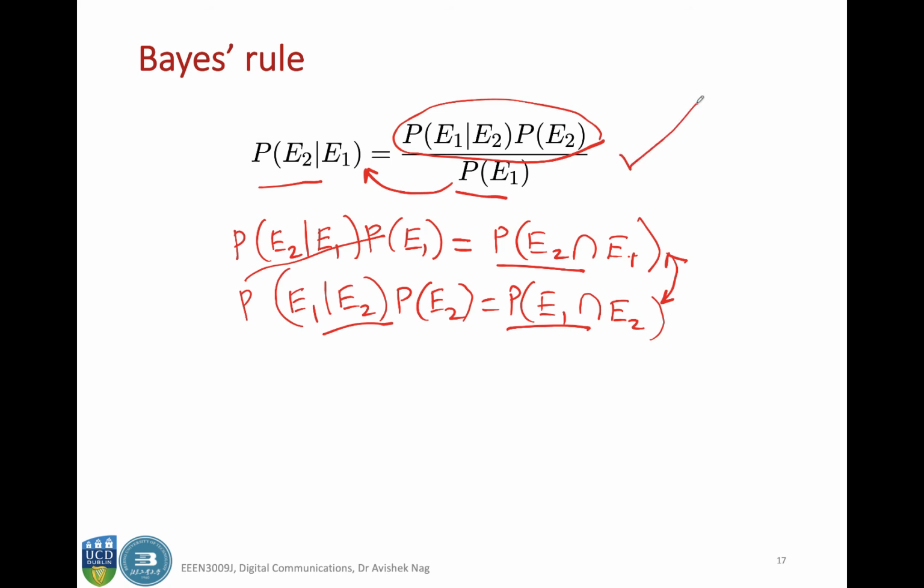This is a very important expression in probability theory, and in your digital communication module you will be using this rule many times while calculating the probability of error in the receiver, or in information theory when calculating information and entropy. You will be using a lot of this conditional probability and Bayes rule. So moving on.